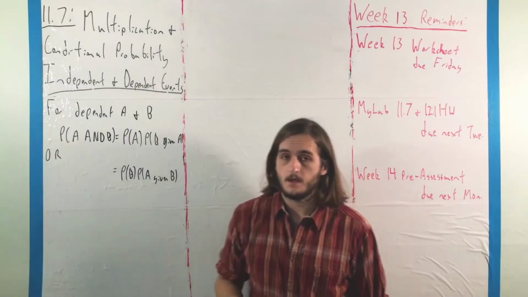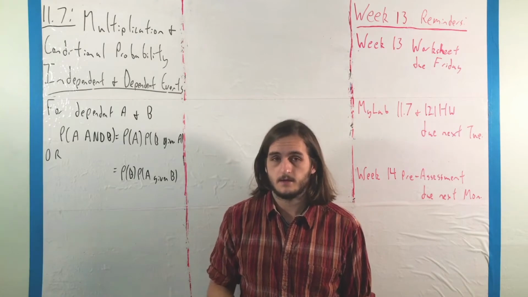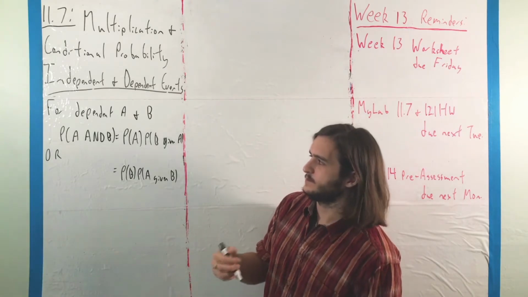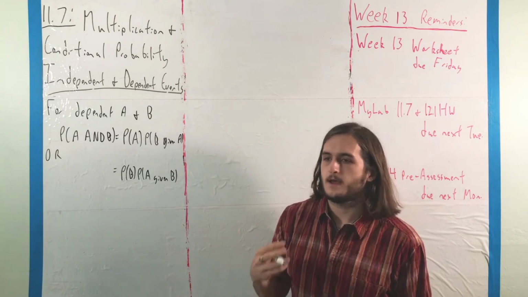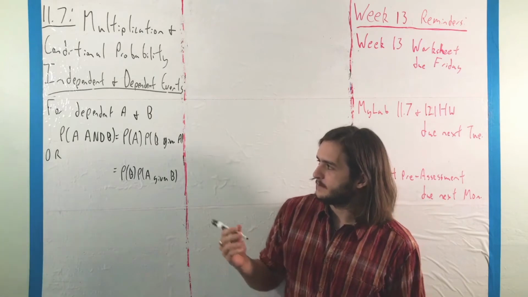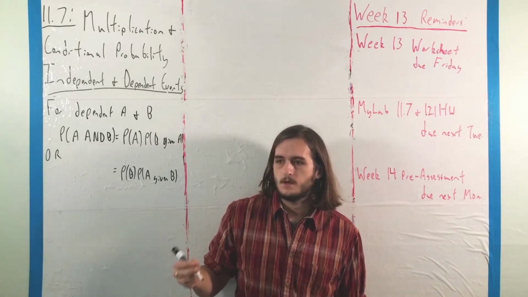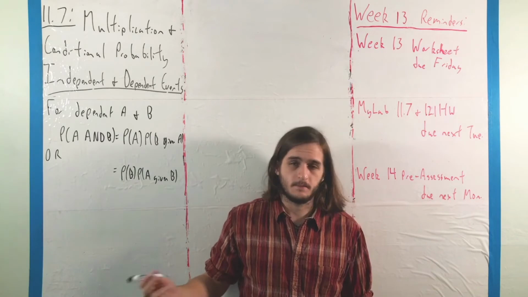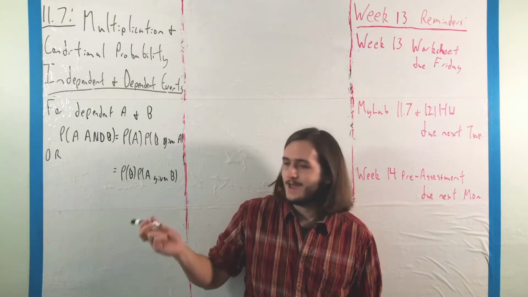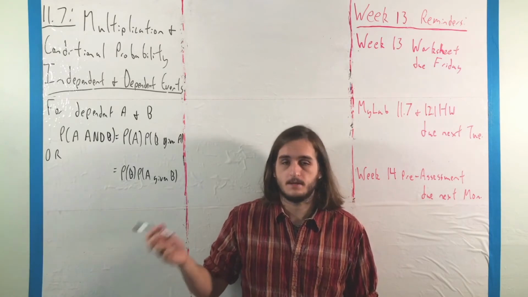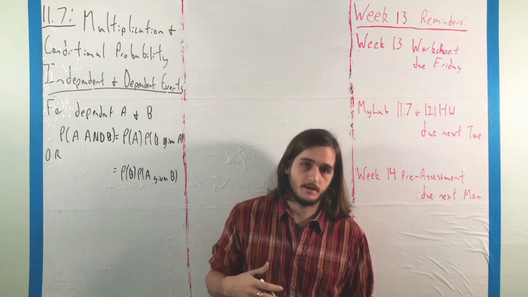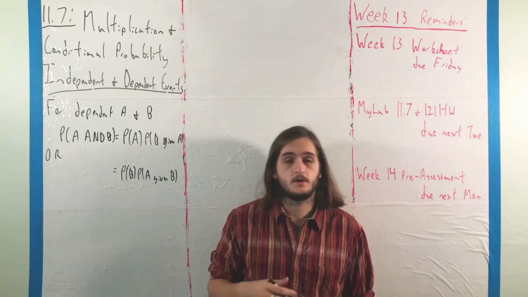On the other hand, if we have dependent events A and B, that is, one affects the other, we have to take into account that affectation, as it were. So when we look at the probability of A and B, depending on whether A affects B or B affects A, it's a matter of notation, we either get the probability of A times the probability of B given A,